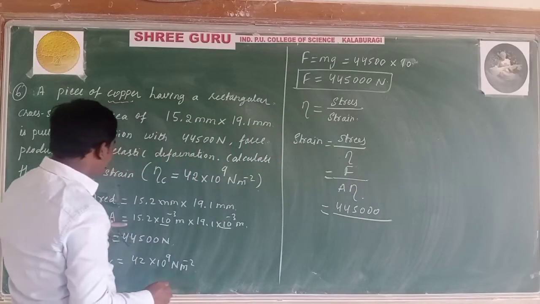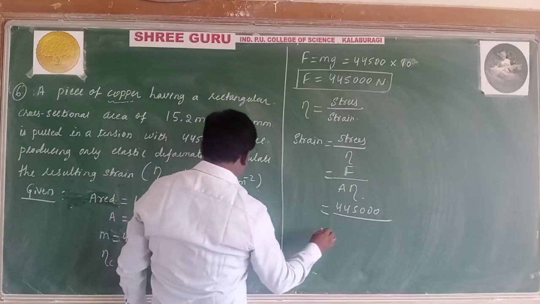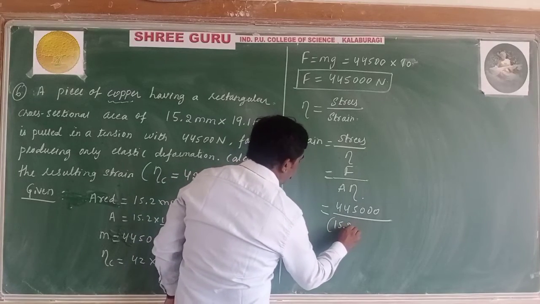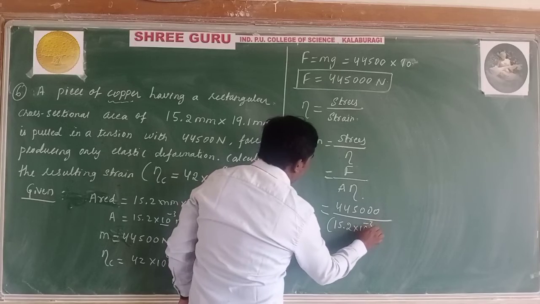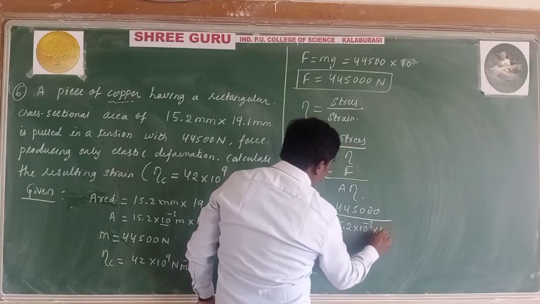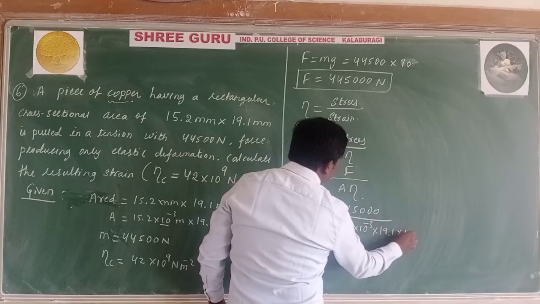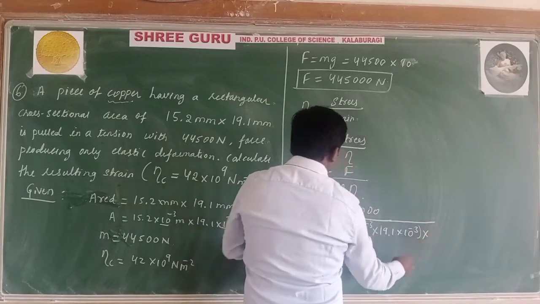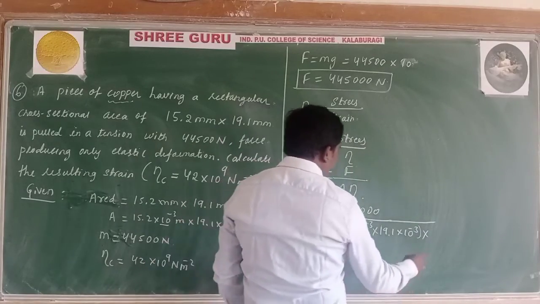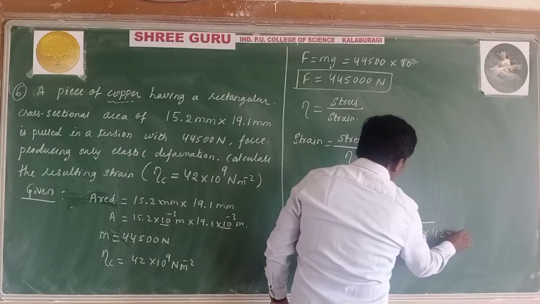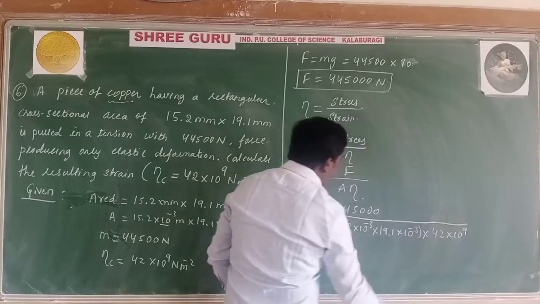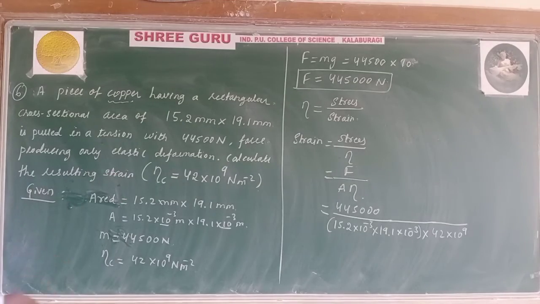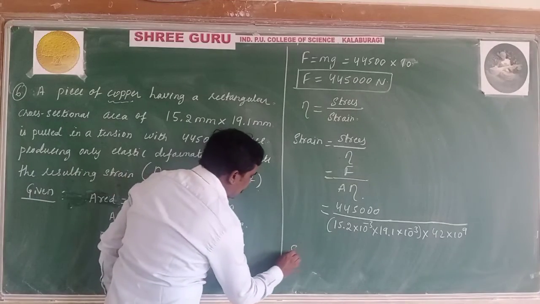Area is equal to 15.2 into 10 raised to minus 3 into 19.1 into 10 raised to minus 3. This is the area, into the shear modulus 42 into 10 to the power of 9. Calculate the denominator separately using the calculator and then divide. Now the final strain answer is